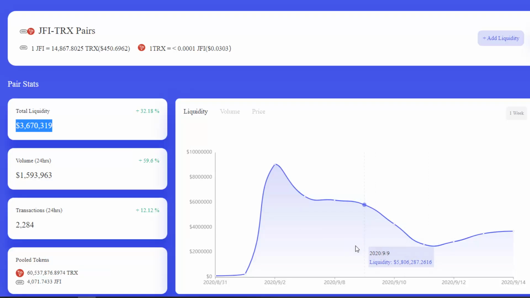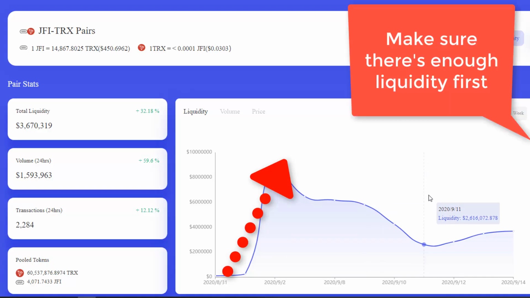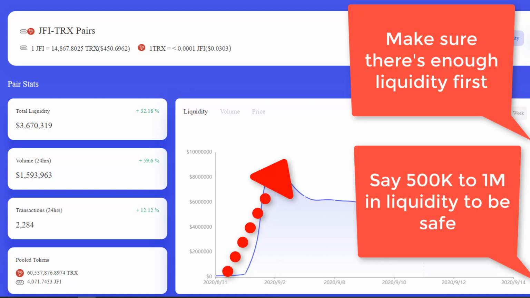So this is the key to winning with yield farming. If you stuck to the end, then you're going to find out what the secret is. Okay, if you're still watching this. The secret is getting in as it goes up. That's the secret. Okay? So one, make sure that you're on the way up. Make sure there's enough liquidity there. And when it gets up, you've got to be smart, like these people up here. Do not get greedy. Do not get greedy. Sell. Take your profits. That's the key to winning with yield farming.